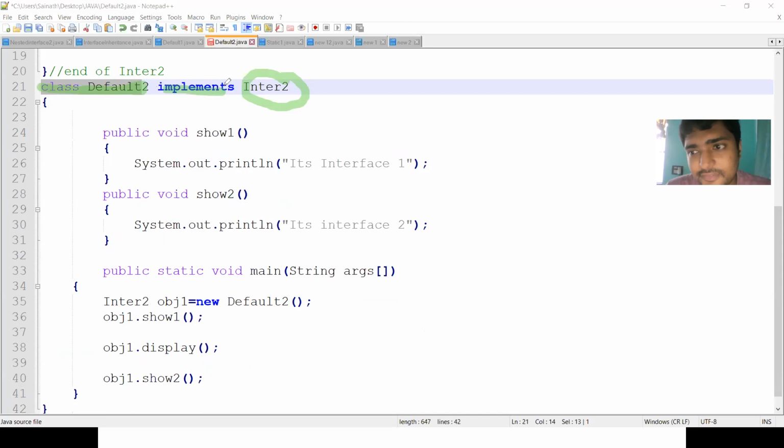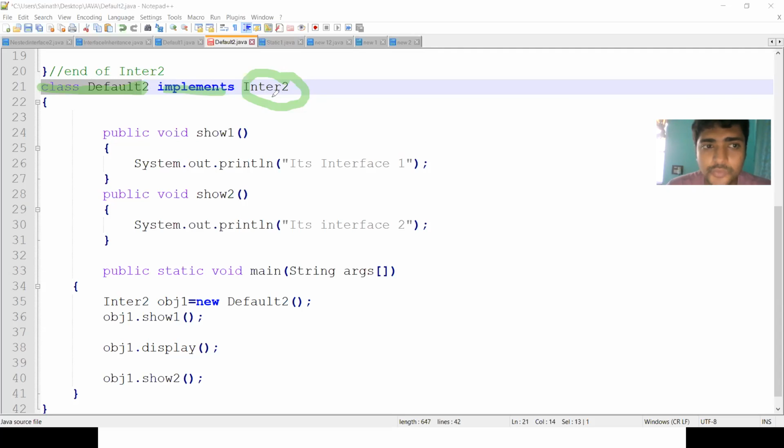We have defined the interfaces, then we have to implement them, so we need a class. I have defined the class which implements interface 2. Interface 2 extends the properties from interface 1 also, so there is no need to include interface 1 here.